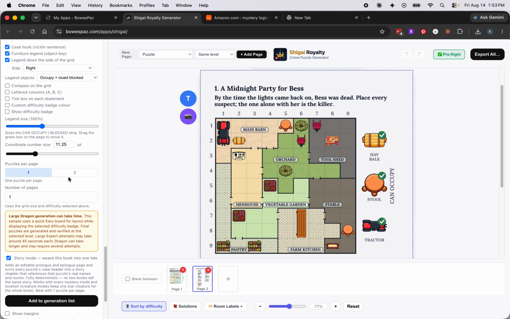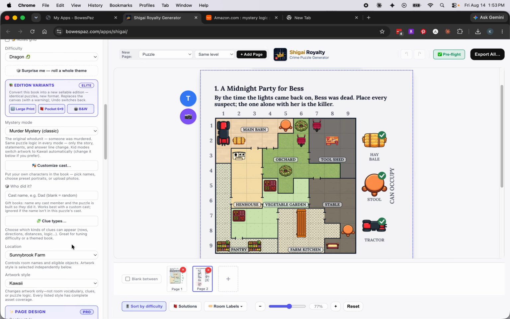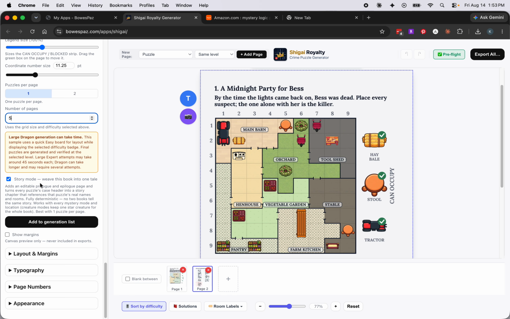And I want one puzzle per page, but you can do two. Now let's just make sure I've got this at bulk. I do. And let's see how many pages it will let us run. Oh, okay. It's going on and on and on. Okay. Just for the sake of the video, we will do 5 pages. And I turned on story mode because I want to weave this into a cohesive story for the